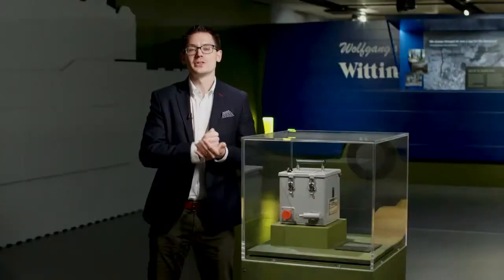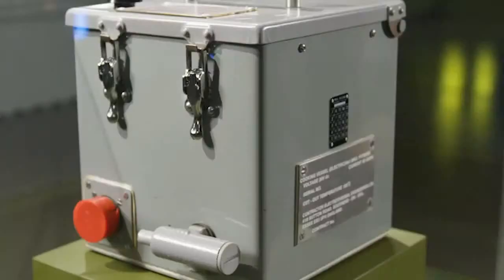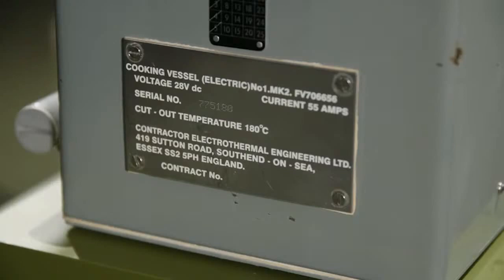For the British, preparedness was key throughout the Cold War, and life in Germany was built around training but also maintaining the vehicles. And within those vehicles was one particular piece of kit that made the British stand out from their international allies, but was also vital to winning the Cold War, and that was the boiling vessel, or the BV. Within this, housed in any armoured vehicle, the British soldiers, the tank crews, the vehicle crews could make tea,